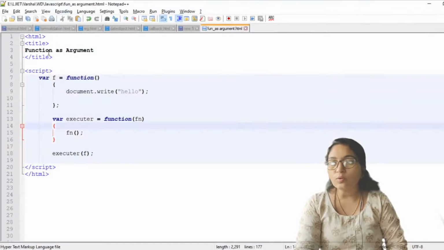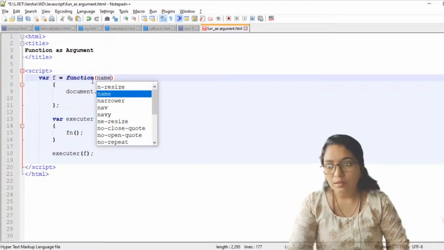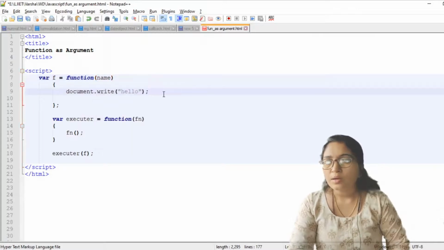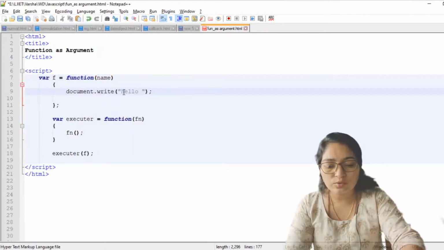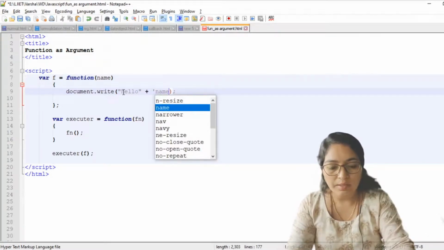Now suppose we want to print hello all. So you have to pass it as an argument. Here just write the argument, that is name, for all. Now you just have to concatenate the string. So do the plus and then write name.